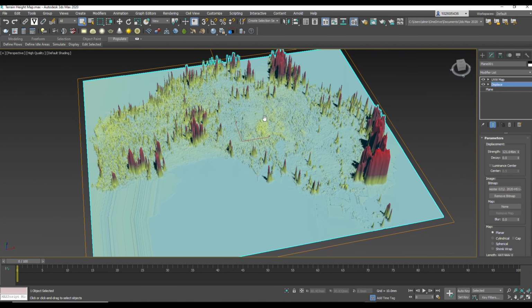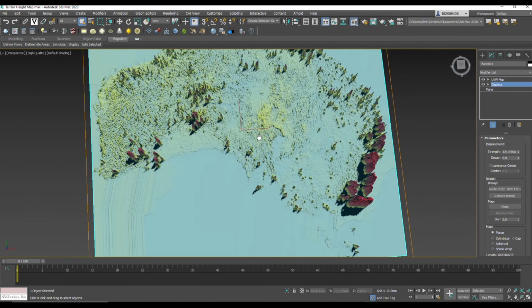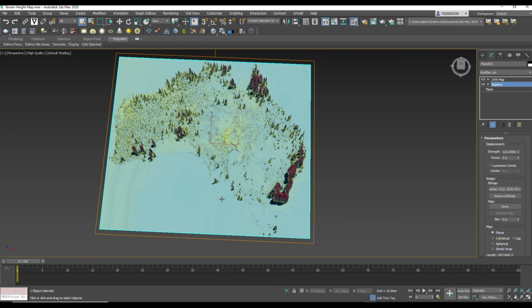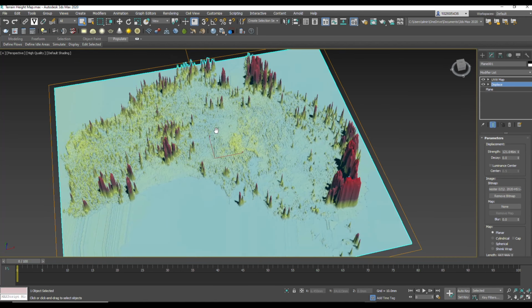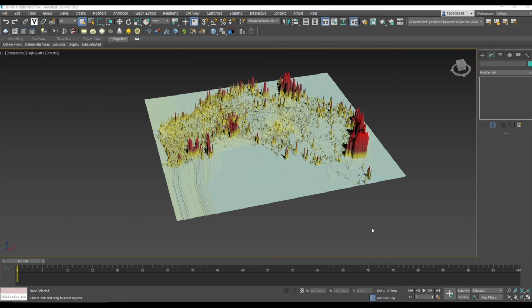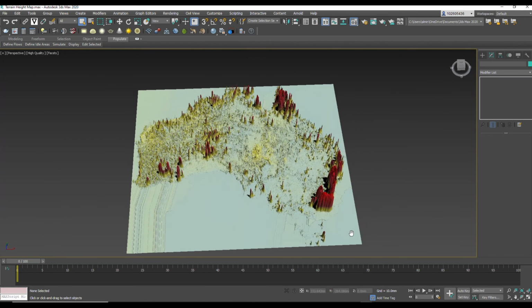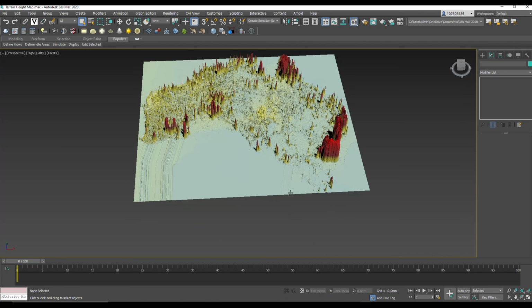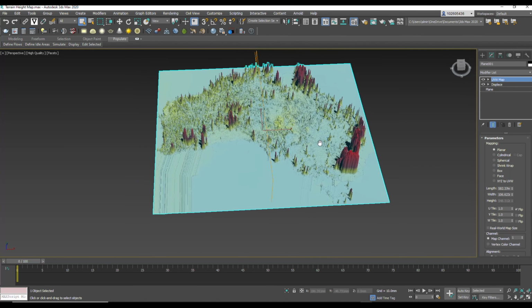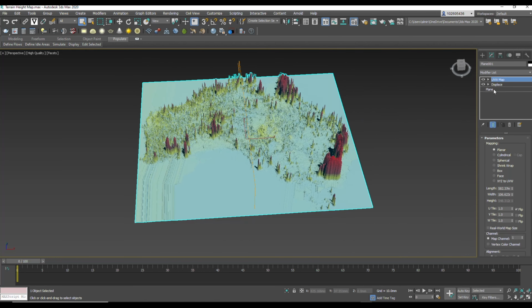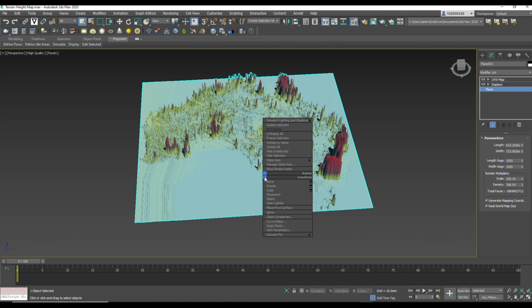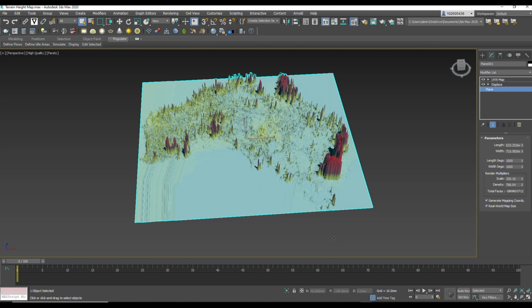You can further render this, or if you want to cut the rest so it looks a bit better, you can do that in Photoshop easily. Or the other thing we can do here to clean this up a little bit is click on the plane, and if we go to plane and convert this into an editable poly, and give it a bit of a sec,